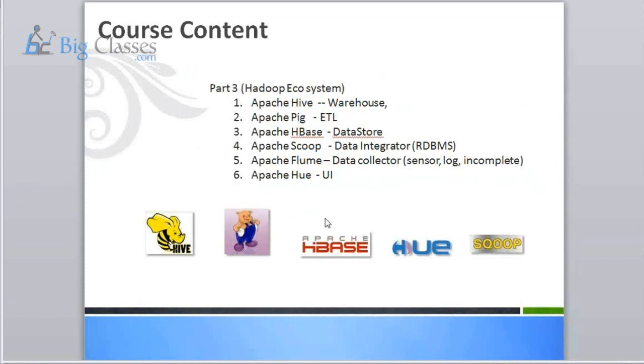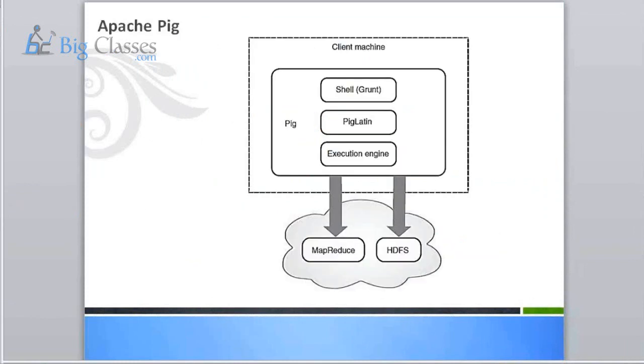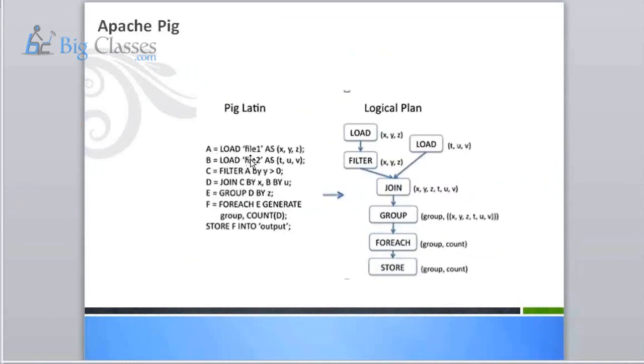But Pig is a generalized one. It's a universal tool for the data flow model. Look at Pig, it's a simplistic one. This is actual syntax. Let's say you have files like file 1 and file 2, and I'm loading them into A and B data sets. I'm filtering them and then joining A and B, getting C and D here. Then further filtering, I'm getting a data set called E.